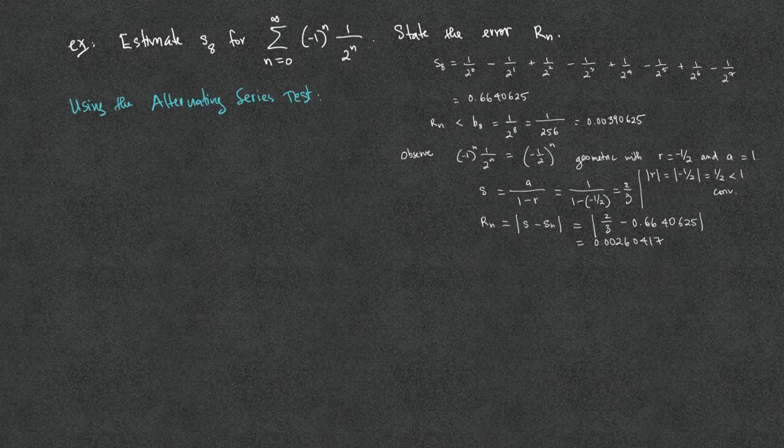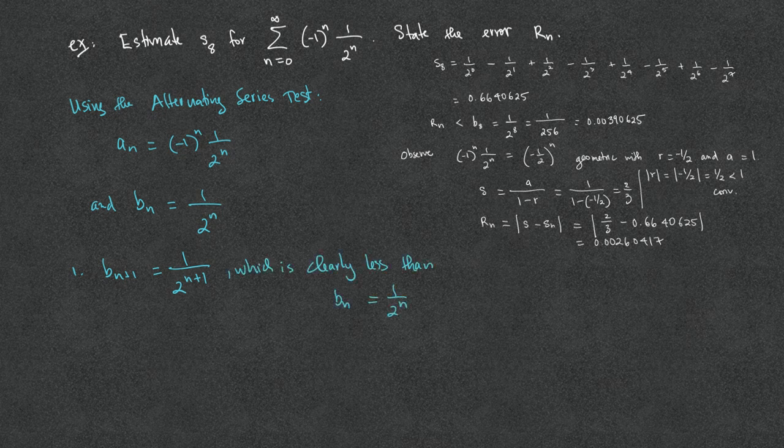And so if we didn't see that it was a geometric series, we can use the alternating series test with a sub n equals -1 to the n times 1 over 2 to the n, and b sub n is simply 1 over 2 to the n. The first condition is obvious because b sub n plus 1 is 1 over 2 to the n plus 1, which is clearly less than b sub n equals 1 over 2 to the n, because 2 to the n